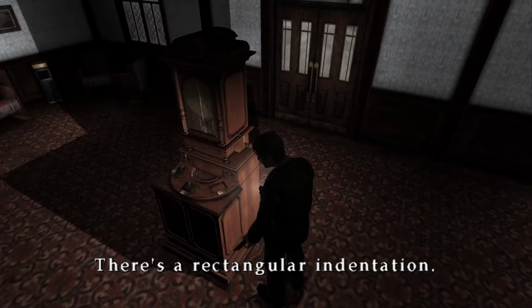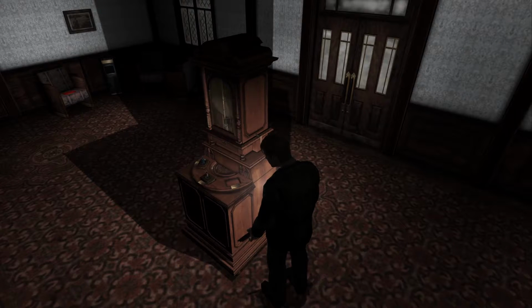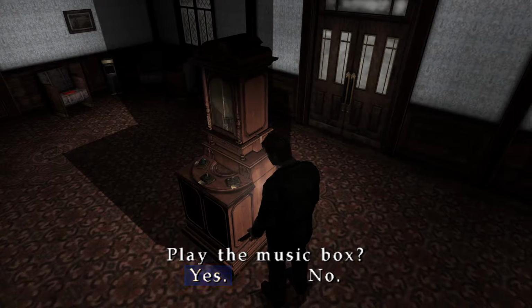And finally, seat of the princess who spoke no words. Because remember, she traded her legs. Wait, whoops. Little Mermaid traded her voice so she could have legs. Remember that? So we want to use the Little Mermaid music box right here. And now when we play it,